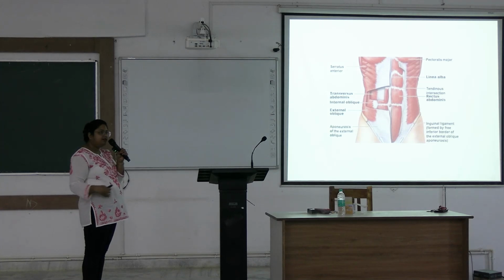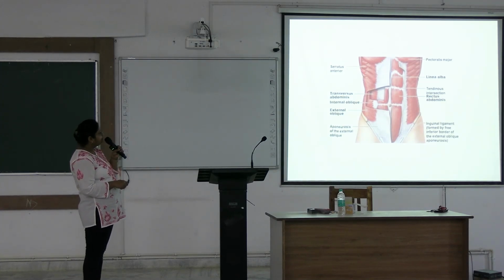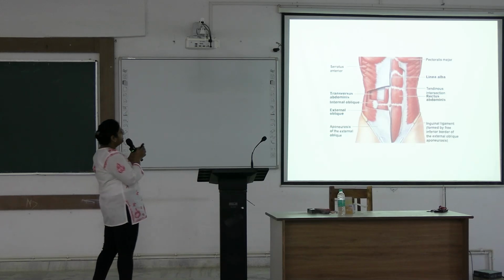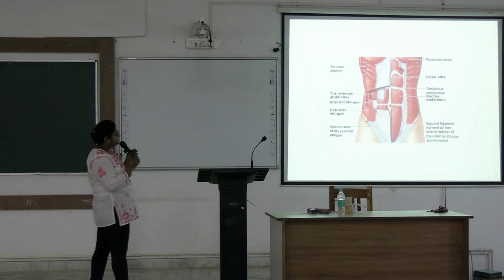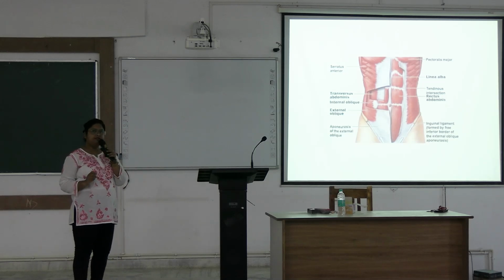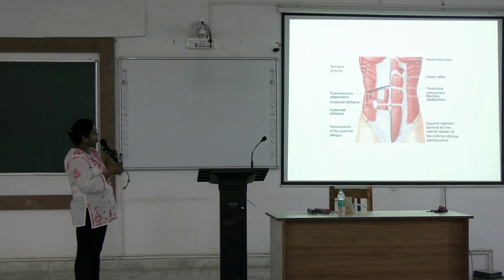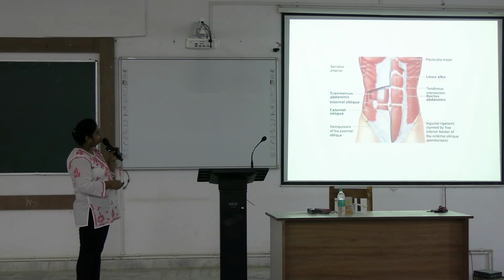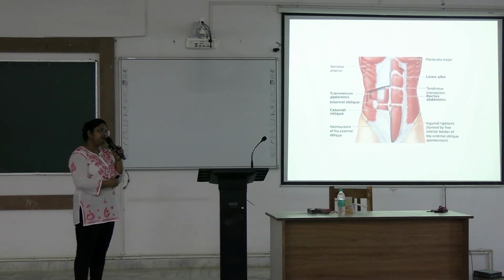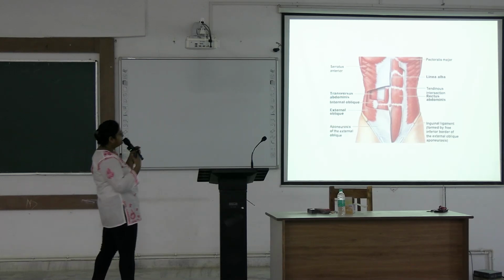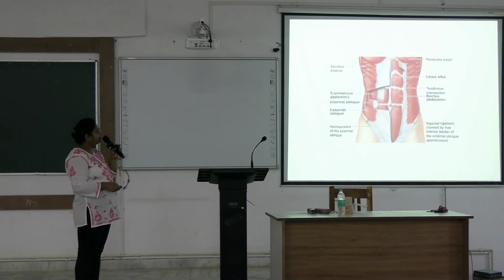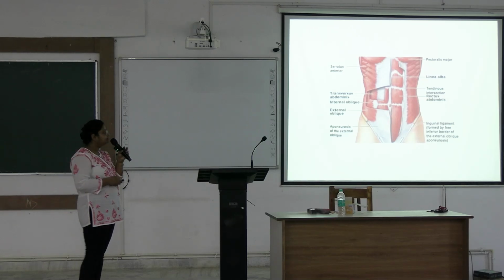Here the muscles have been cut. See, outermost is the external oblique. See the fiber direction, downward, forward, medially. Next, deep to it is the internal oblique. See the fiber direction, upward, forward and medially. And this is transversus abdominis. Fiber direction is directly transversely arranged. Okay, and this is rectus abdominis lying just lateral to the midline. These are vertical fibers, and these are the tendinous intersections, one at xiphoid process, one at umbilicus, one at the mid portion between the xiphoid process and umbilicus.